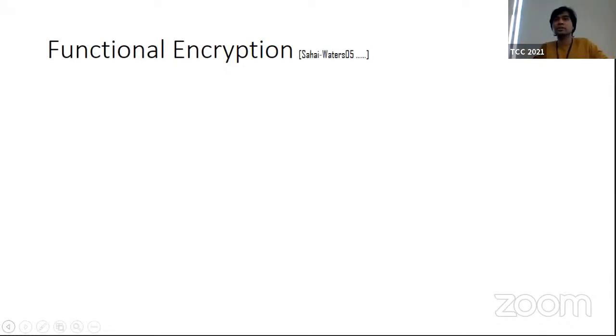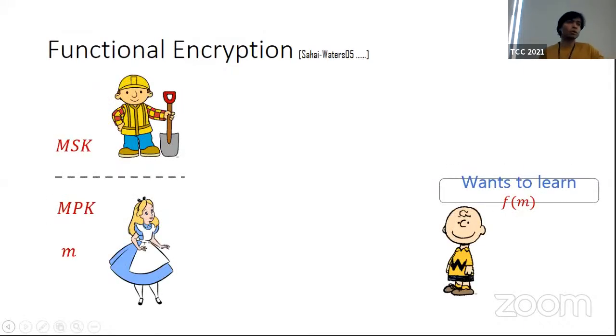So the notion of functional encryption is a very powerful notion of encryption, which allows fine-grained decryption access over encrypted data. And it saw its roots as early as back in 2005. Pictorially, functional encryption can be understood via the following picture. We have, say, three parties, Alice, Bob, and Charlie. Alice has some private data M. Bob has the secret key. And Charlie wants to learn the evaluation of the function F on the